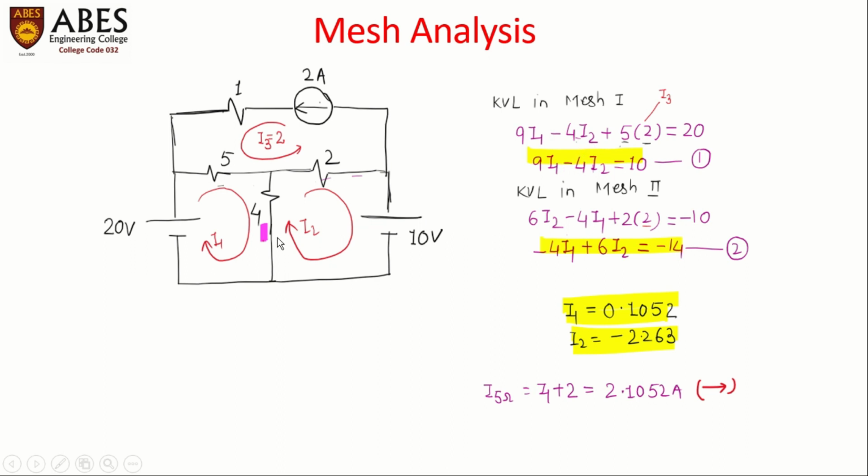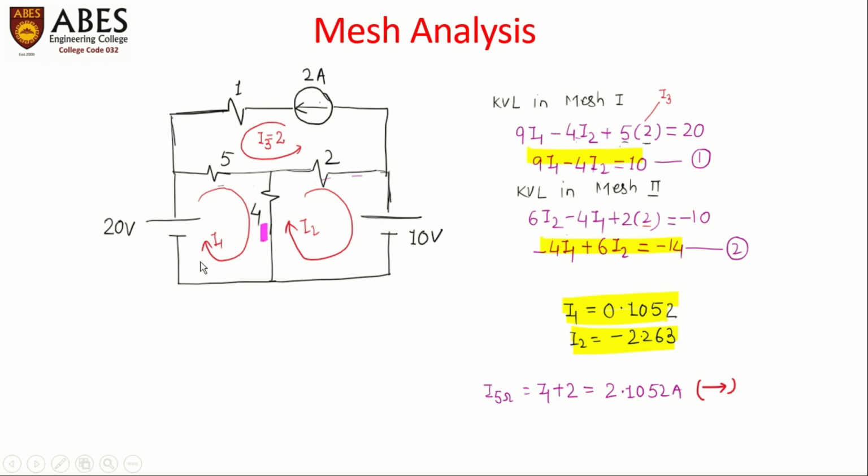After that, we will write the next common resistance. Another common resistance is 5 ohm, that is common between mesh 1 and mesh 3. We will write here 5 ohm. Except I1, there is 2 ampere current that flows in the 5 ohm resistance. That's why I have written here 2 ampere, sorry, 2 ampere. Now I1 is flowing from left to right direction and 2 ampere is also flowing from left to right direction. It means the directions of I1 and 2 ampere are the same for the common resistance 5 ohm. That's why I have taken here the positive sign.